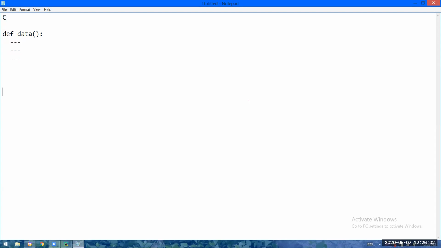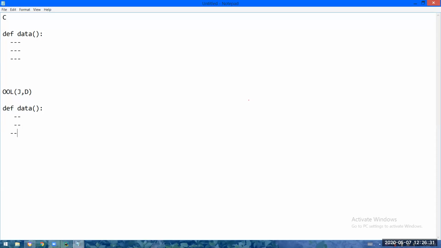In object-oriented languages like C++, Java, .NET, you have to write the definitions inside the class. Outside the class, you are not at all allowed to write the definitions.